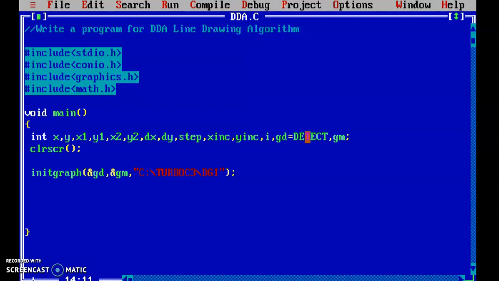Our first step is to accept the values from the user. So I'll write printf, enter the starting coordinates.